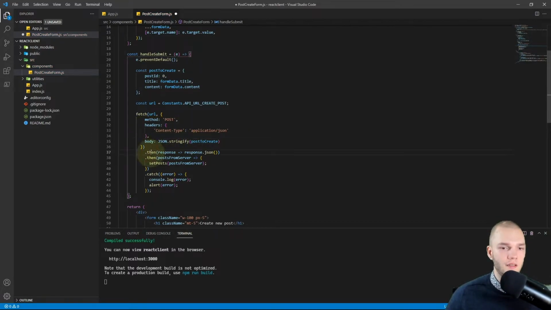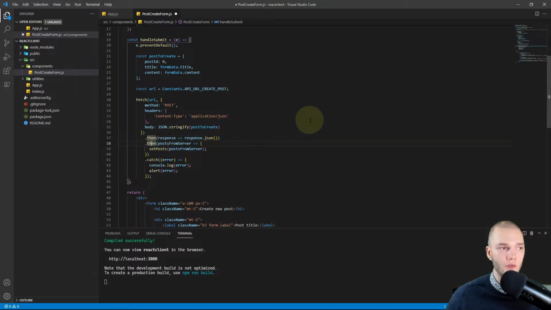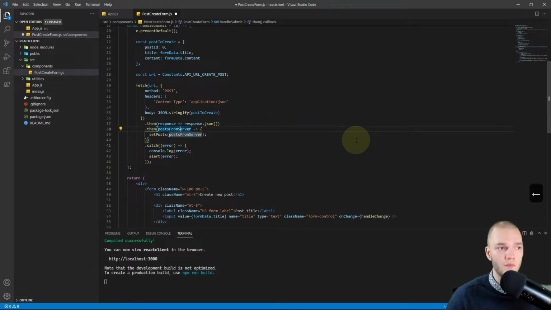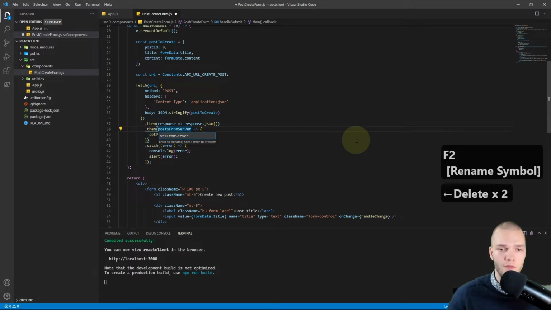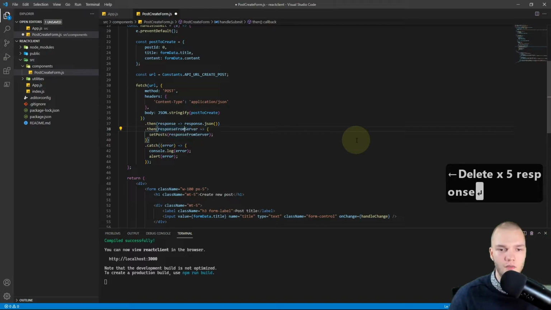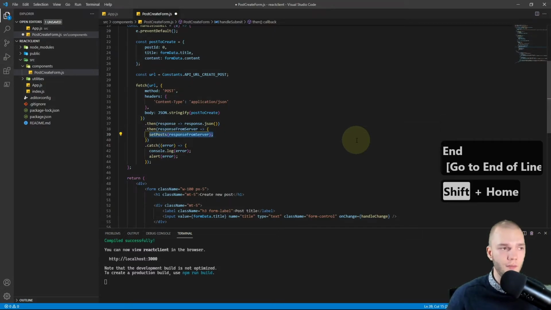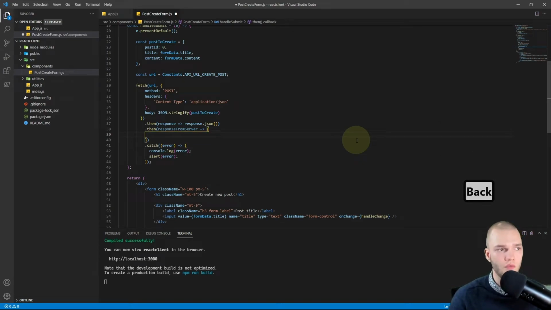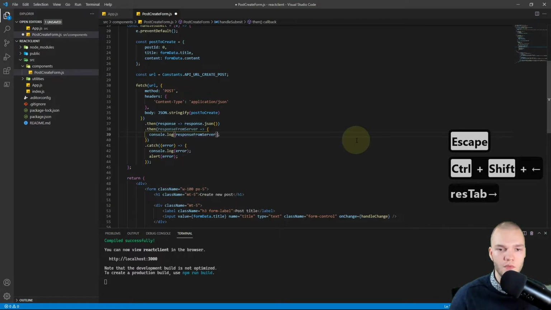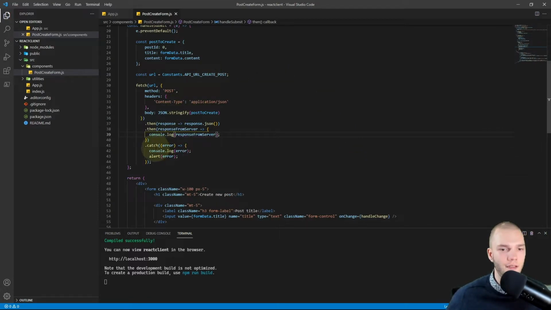Right, so in this second then I'll rename the postFromServer to responseFromServer. So I'll hit F2, change it to responseFromServer, and instead of setting the posts, I'll just console.log the responseFromServer. So log tab and log that responseFromServer, and the catch can stay unchanged.